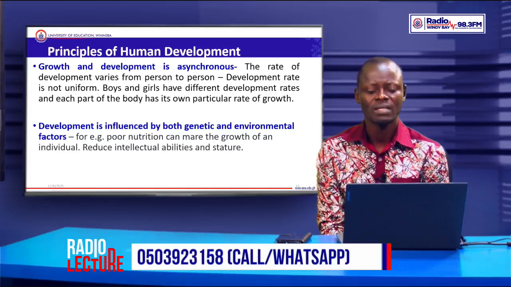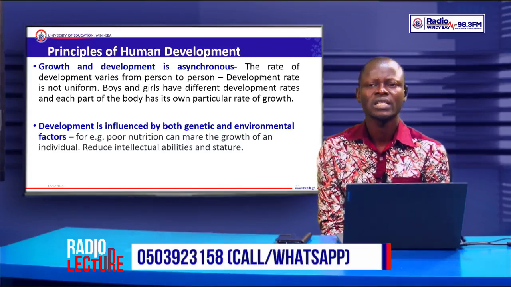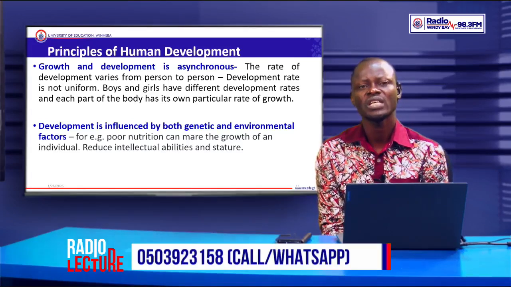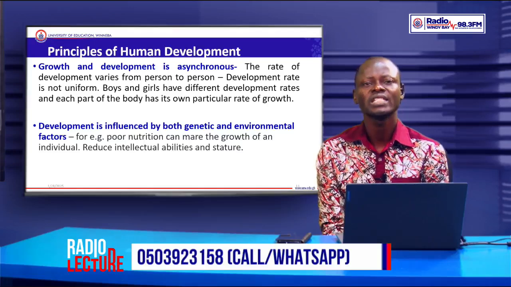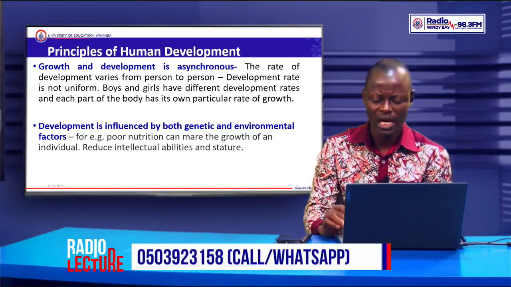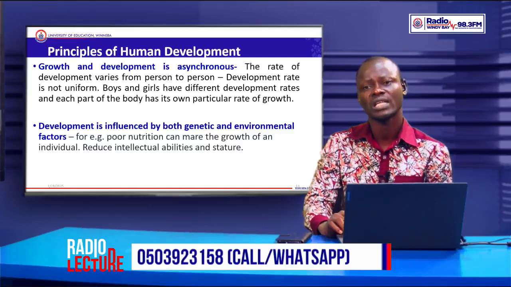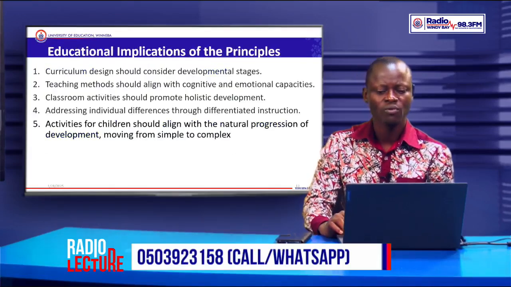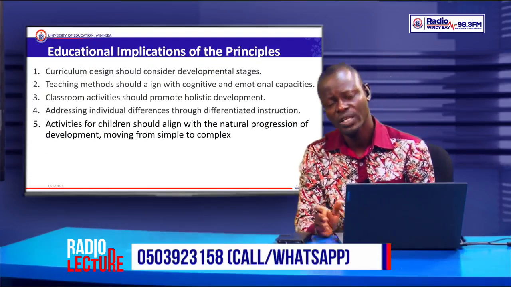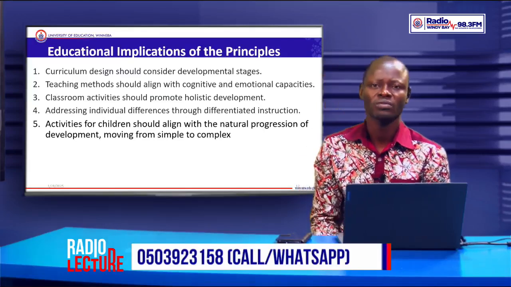At times, the genetic and the environmental influence, we say they are also the same as nature and nurture. So these come together to determine how we are going to look in terms of our intelligence, abilities, and our stature. And we look at educational implications briefly, where we'll say that in terms of curriculum design, they should be aware